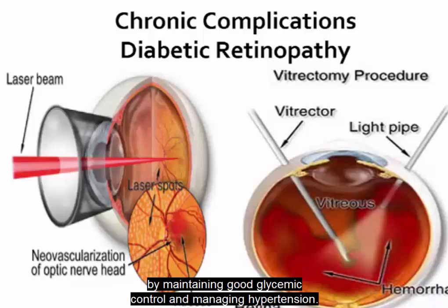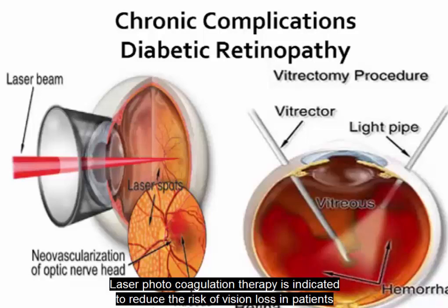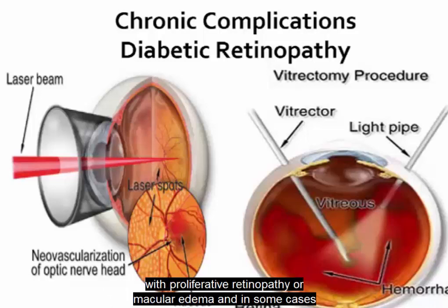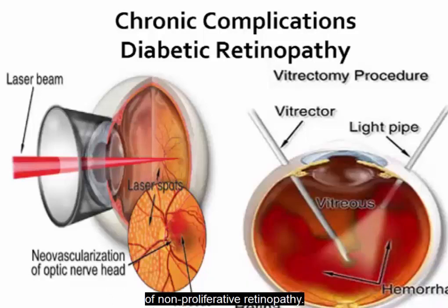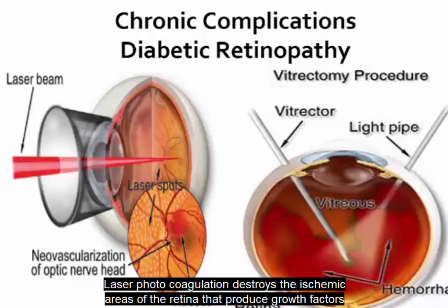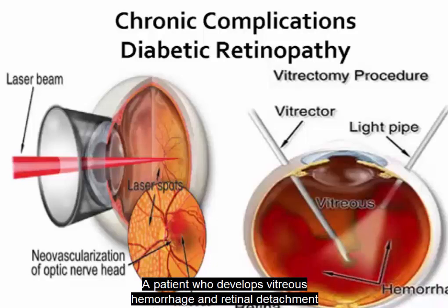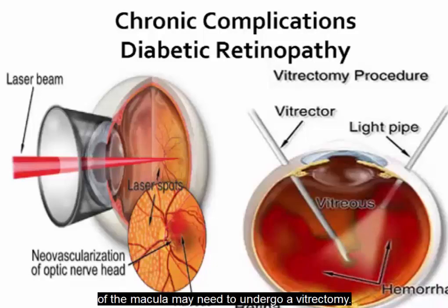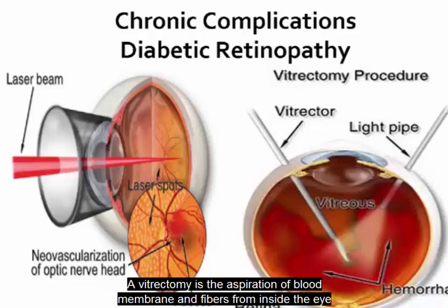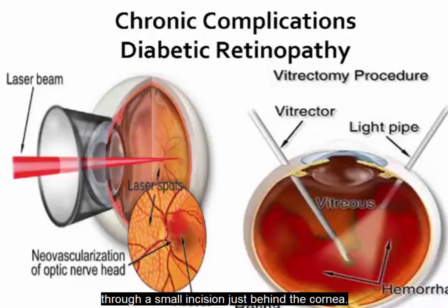managing hypertension. Laser photocoagulation therapy is indicated to reduce the risk of vision loss in patients with proliferative retinopathy or macular edema, and in some cases of non-proliferative retinopathy. Laser photocoagulation destroys the ischemic areas of the retina that produce growth factors that encourage neovascularization. A patient who develops vitreous hemorrhage and retinal detachment of the macula may need to undergo a vitrectomy. A vitrectomy is the aspiration of blood, membrane, and fibers from inside the eye through a small incision just behind